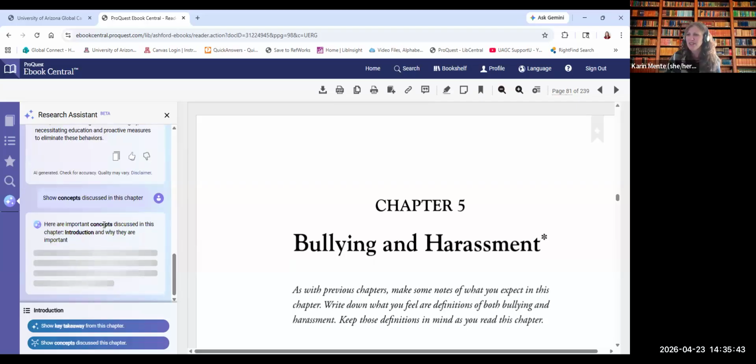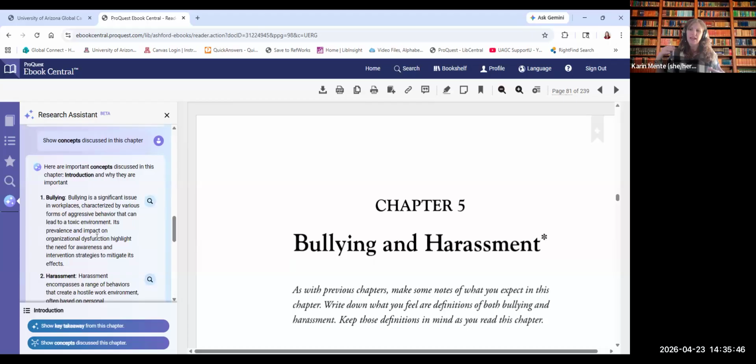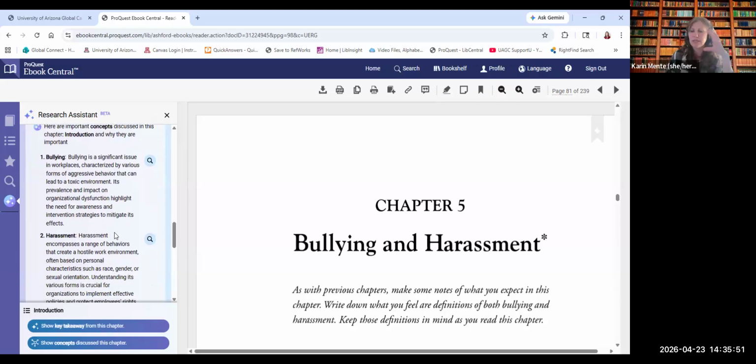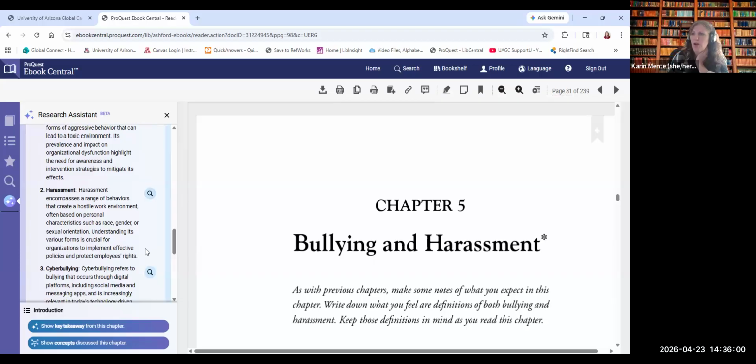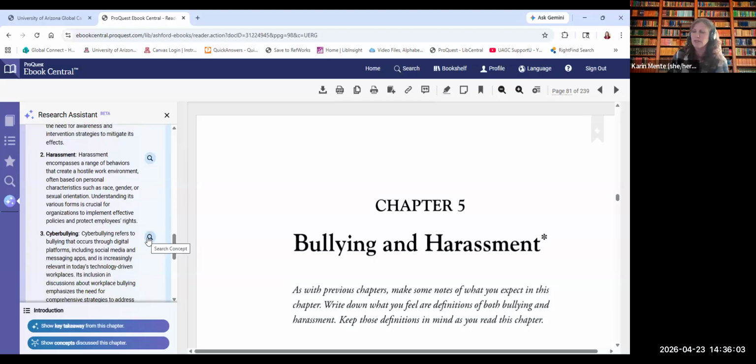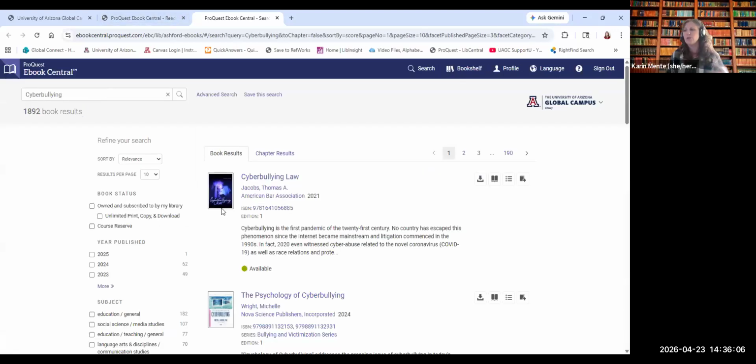And then it can break down the concepts of the chapter. And again, it's just pulling from the text in the PDF, but it's doing it in a way that makes it really easy for you to digest it and see if it's something that you want to investigate closer. A lot of times it's hyperlinked, so maybe I want to look a little bit deeper at cyberbullying instead. Then you can click that and it'll automatically search the database for cyberbullying books. So again, just a quick way to use this tool to really expand your research. I love it. Better than Barnes and Noble. I want that on my business card.